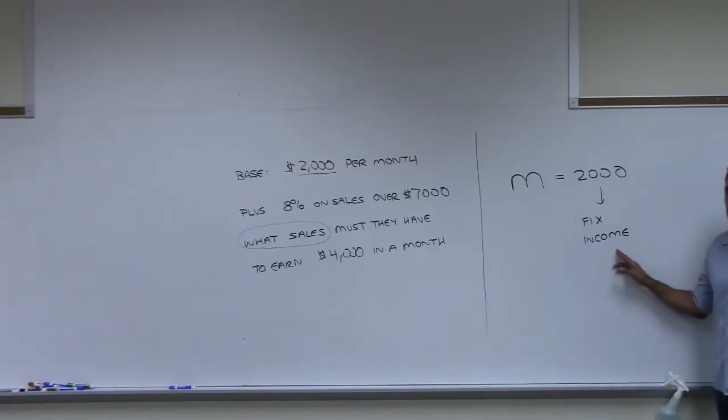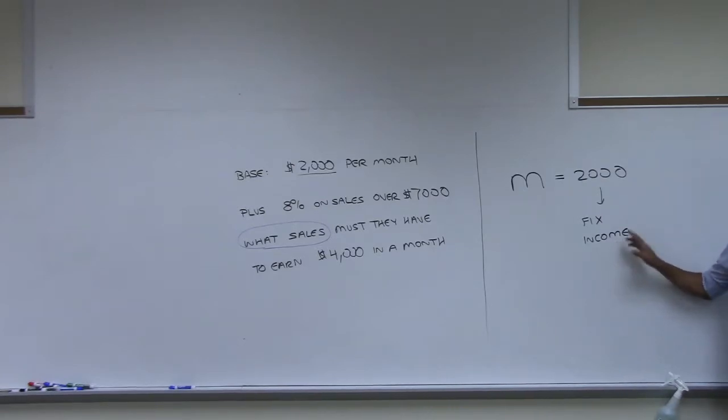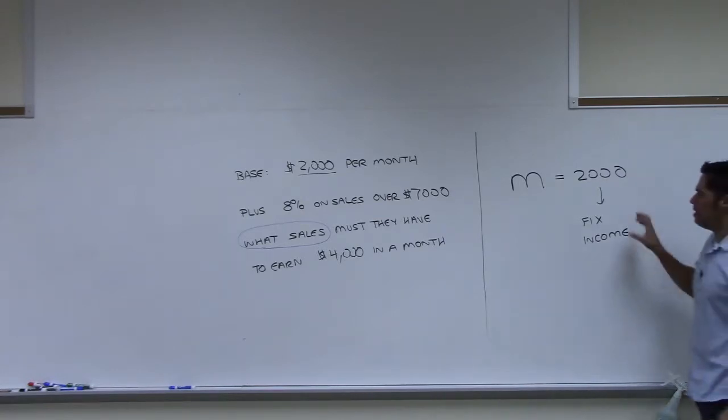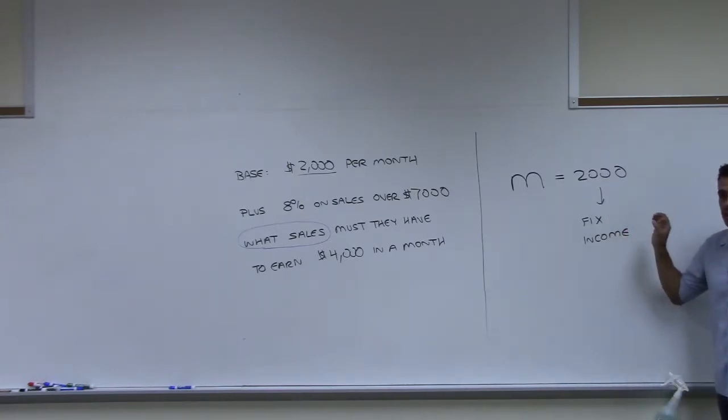In other problems, we might call that a fixed cost. We're going to do some word problems today with business, like cost, profit, revenue, and the number that doesn't change ever is called a fixed something, whatever, cost, income. All right, so that's fixed as long as he doesn't get fired. And then plus, right,